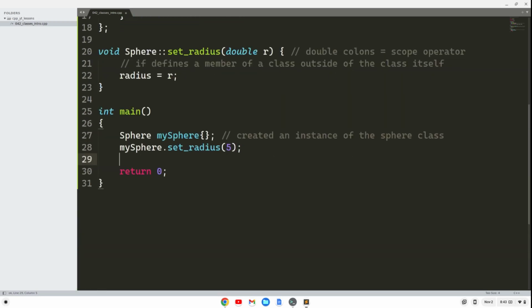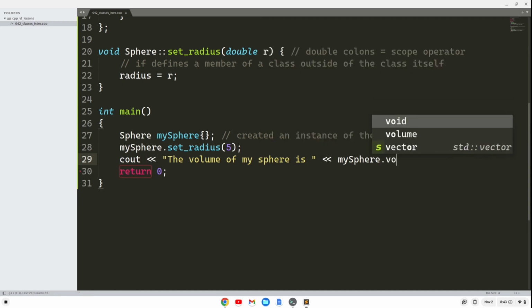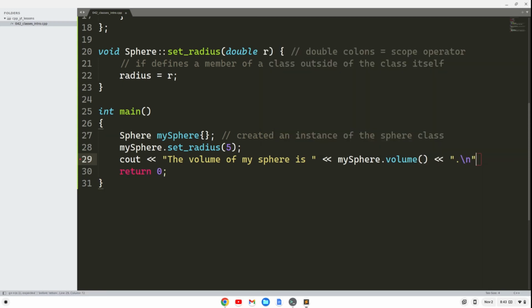Okay, so what I'm going to do is a character output, and I'm going to say the volume of my sphere is, and I'm going to say mySphere dot volume, and then I'm going to just end this with a period and \n for new line and put a semicolon there. And what I can do now is open up another tab, and to run this,